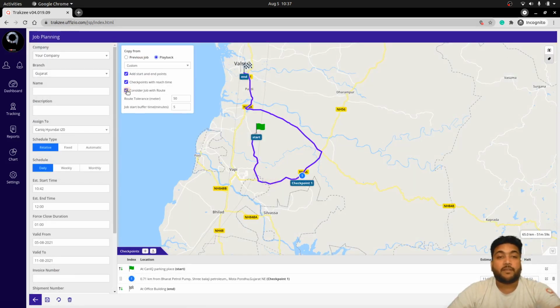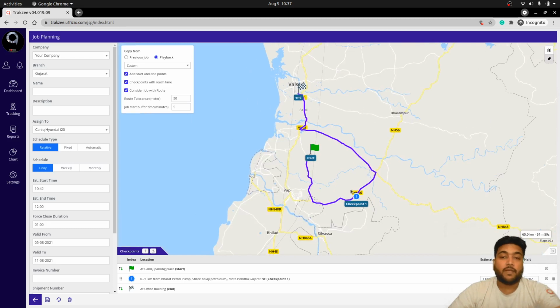And by selecting the consider job with a route option, the route of that particular job will appear onto the map. In that case, if you do not want to check mark consider job with the route, then you can just uncheck that option, and based on the selection you will find that route.